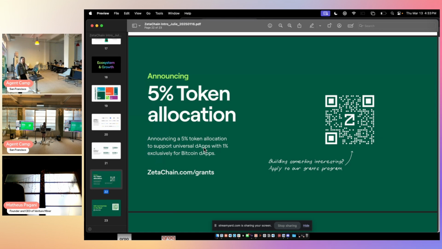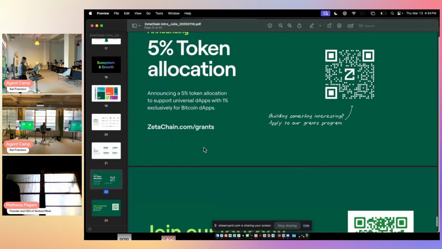If you ever want to build something, feel free to scan this code, or just search up ZetaChain grants. Each grant depends on the case and is different, but we have all the BD support and DevRel support once you decide to get on board with us.